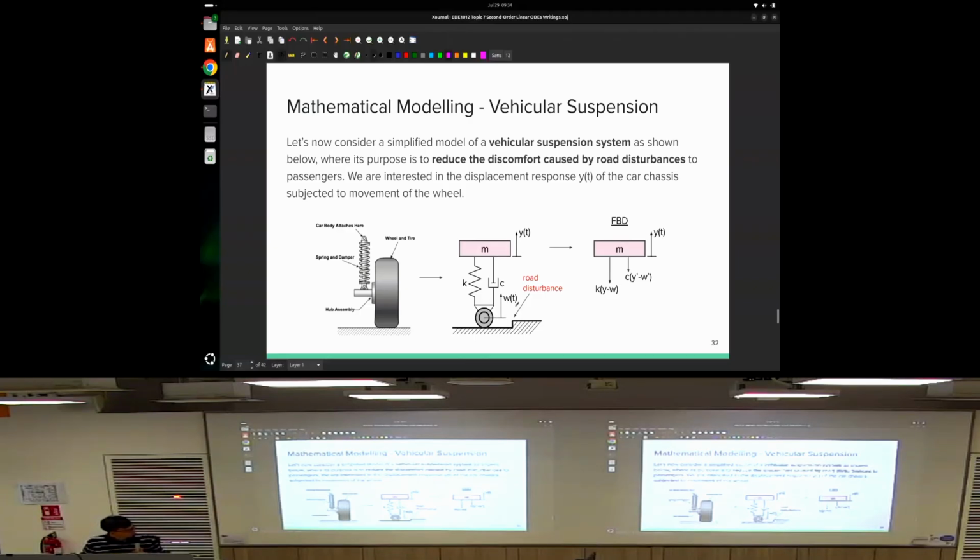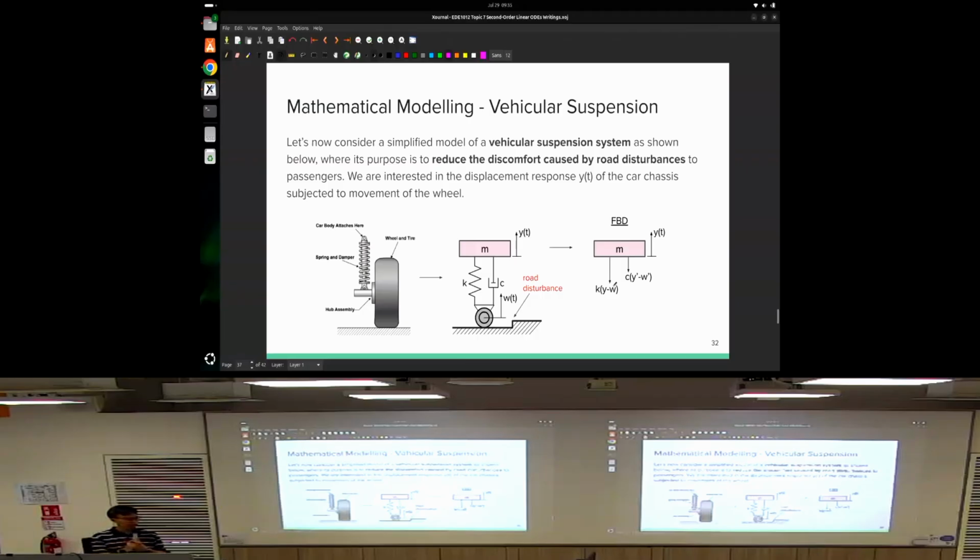So what's the deal with w of t? You must understand that the wheel is also in motion. Correct or not? The wheel can also jump up and down, depending on the road disturbances applied to the wheel. So therefore, there's a wheel movement and there's a chassis movement. So what is the force by the spring on the mass? If you have y and w being non-zero, now you must understand that this is k times